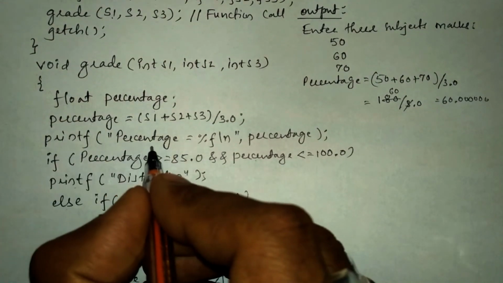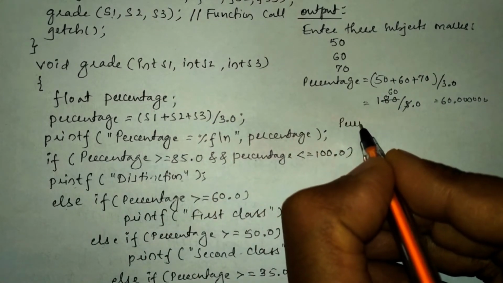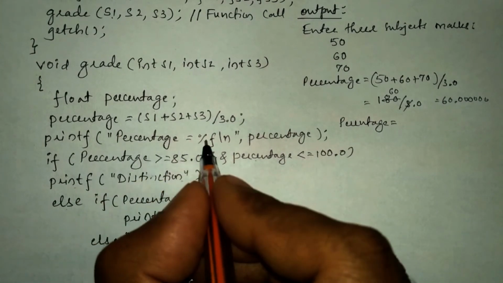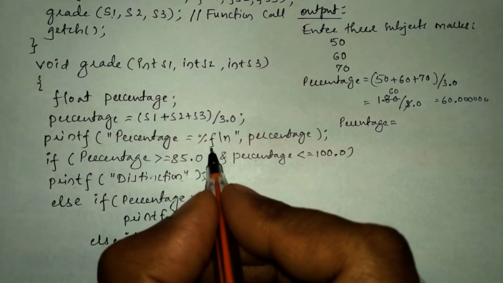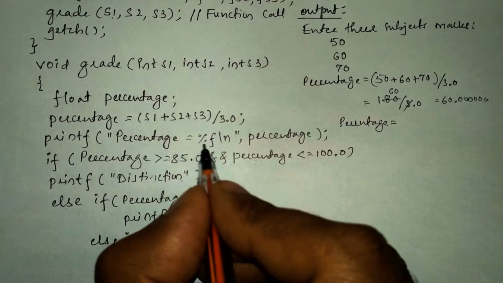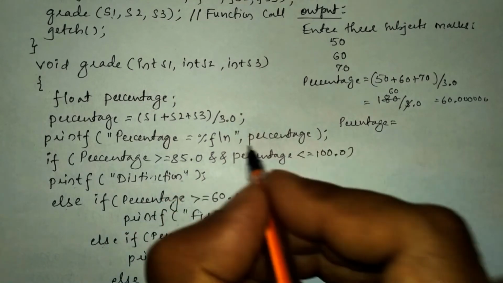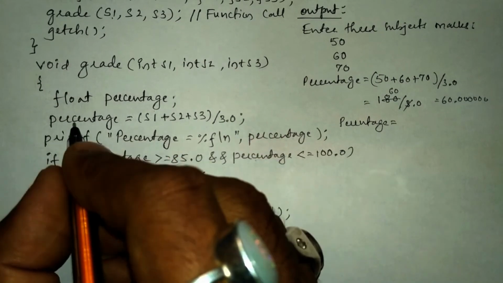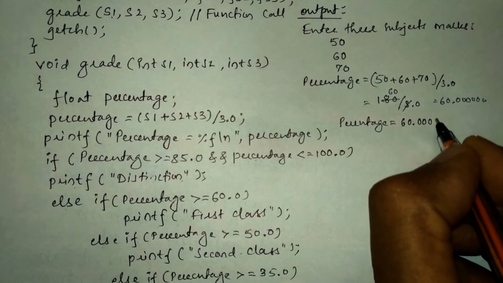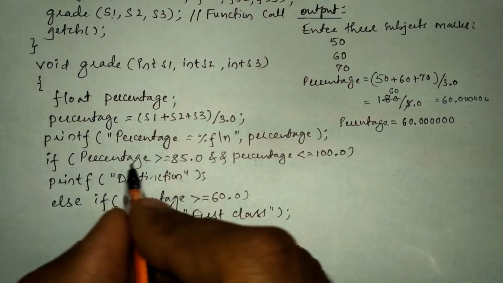So next printf statement, it is going to print the percentage. Here it is going to print percentage in a double quotation mark. Whatever we have written, it will be printed same as it is. And here you can see we have written percentage f. So that is a format of floating type of data. Here percentage is a variable that is holding this value, that is 60%. 60.000000 will be printed. After this we are going to check the condition.